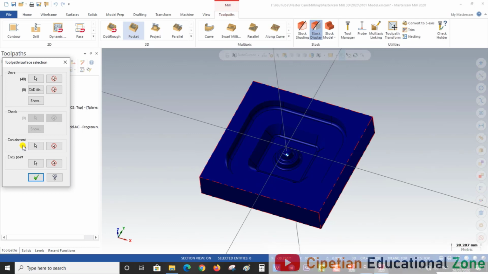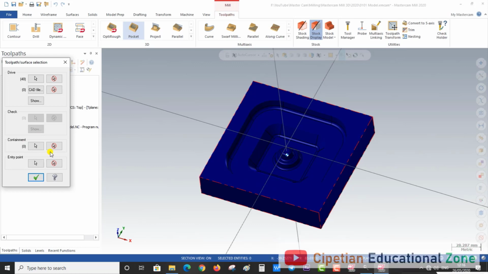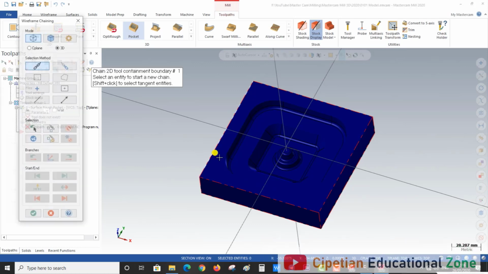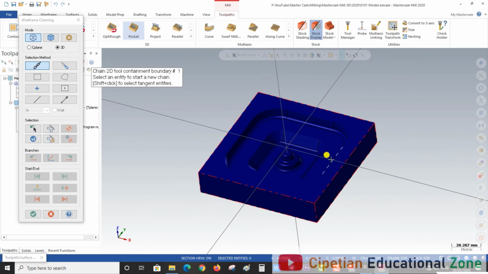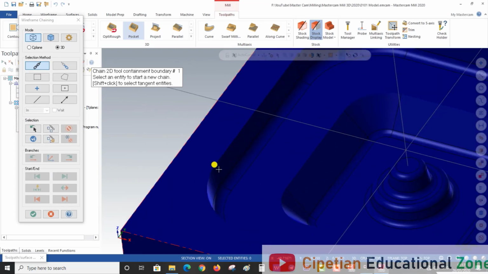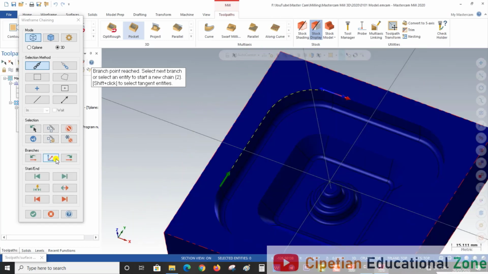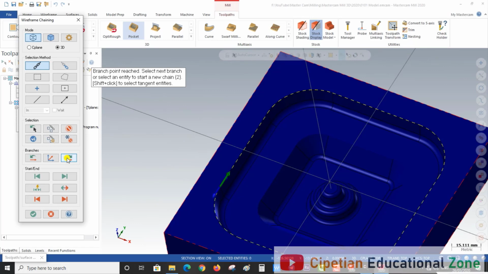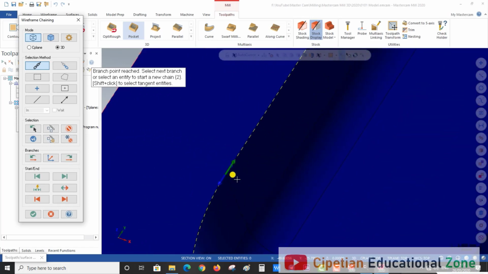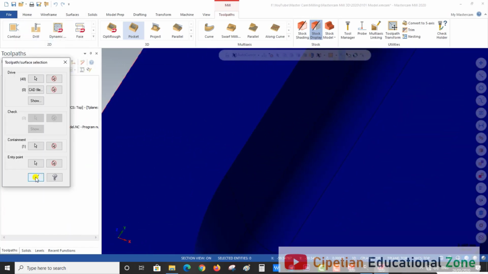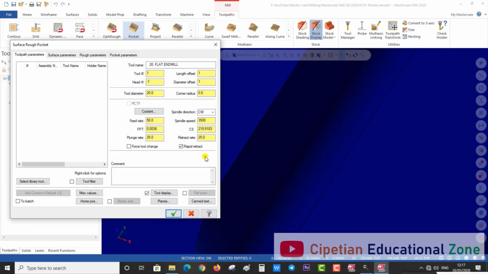Containment area means the area where the tool will machine on the part, and that area is this internal area. There is already a line we have made, as you can see. So now press continue, and as you can see, our line is selected, and now we can press OK.